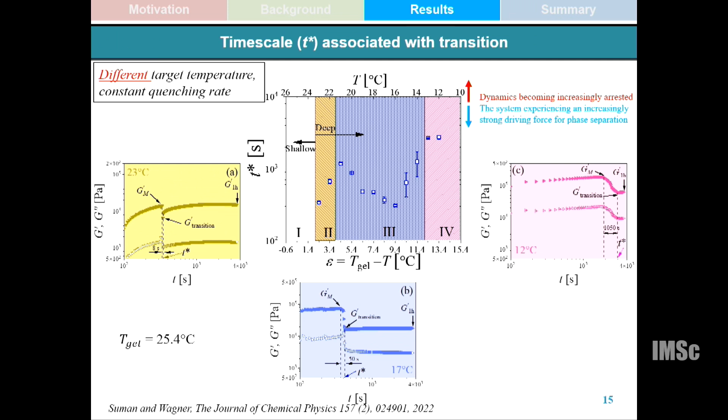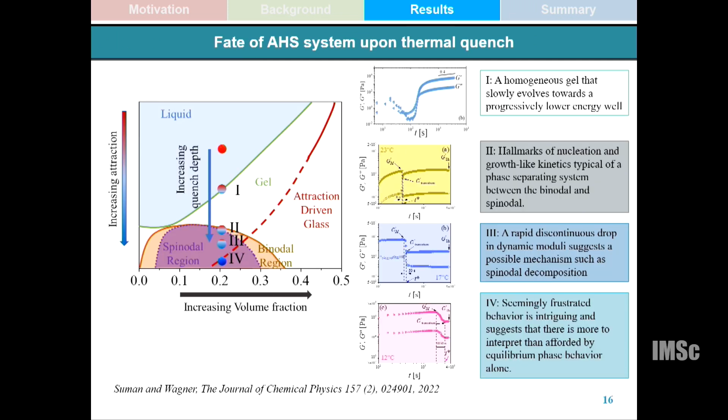One, when we decrease the temperature suddenly to very low temperatures, the system dynamics is getting more and more arrested, which would not allow this transition to happen. But at the same time, the driving force for this transition is also increasing, which would encourage this transition to occur. So as a result of this interplay between the two competing effects, there is a non-monotonic trend in the transition temperature. So based on the rheological findings, we try to anticipate what might be happening at the microstructural level